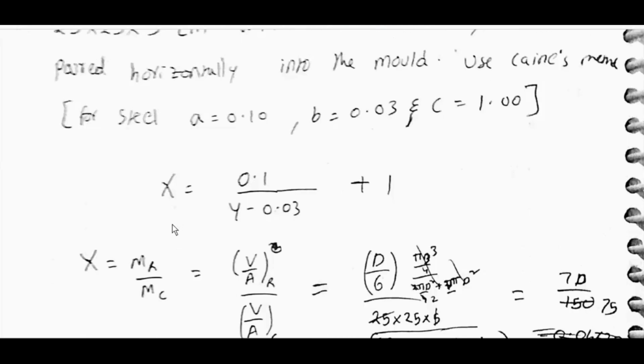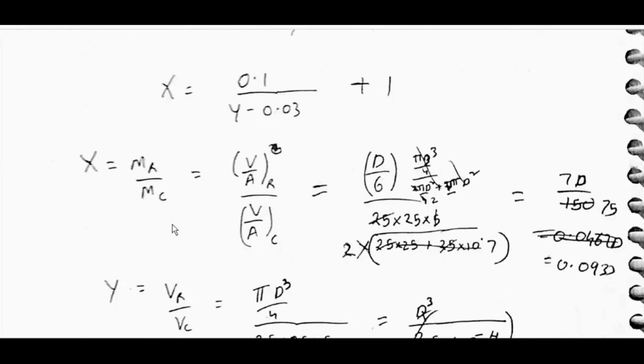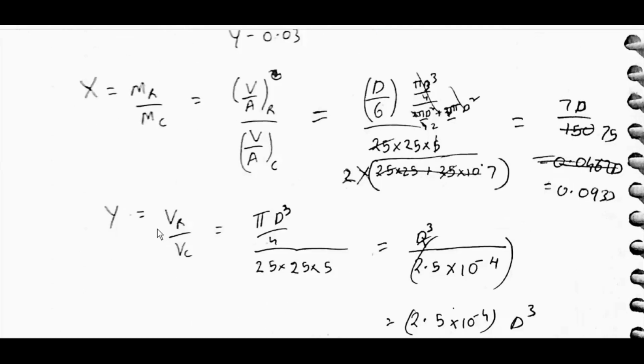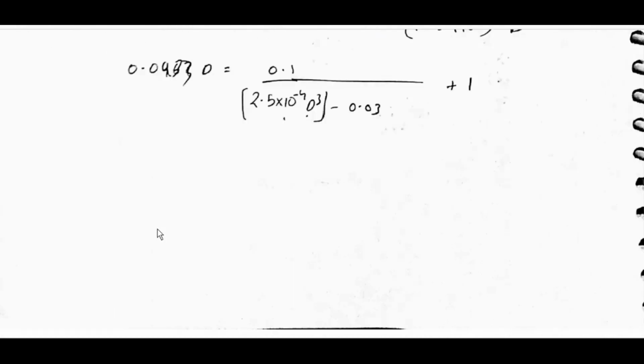Everything is given. X is equal to Mr by Mc, Y is equal to Vr by Vc. If we substitute,